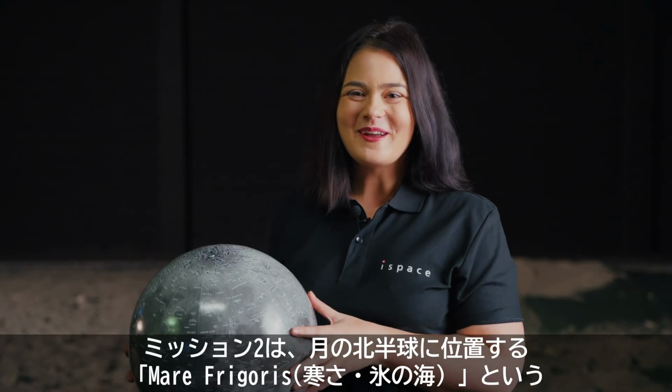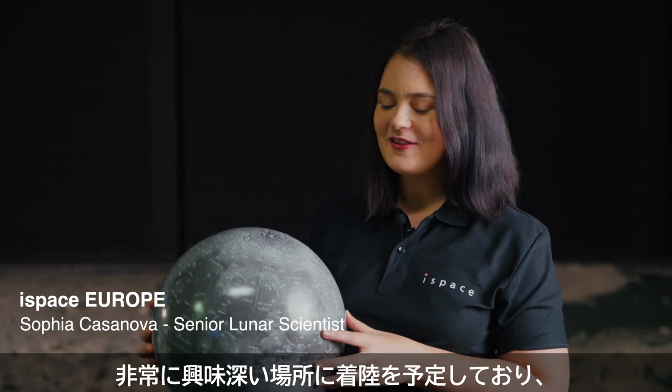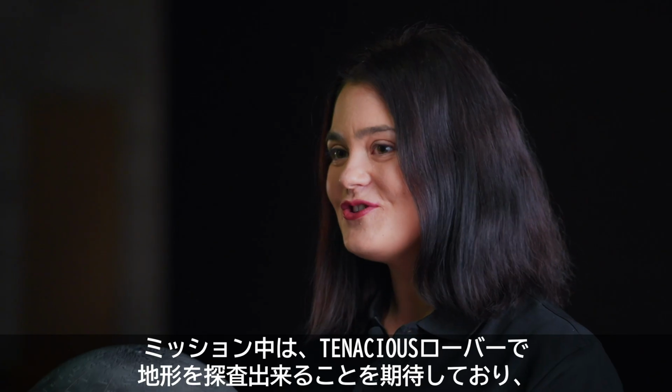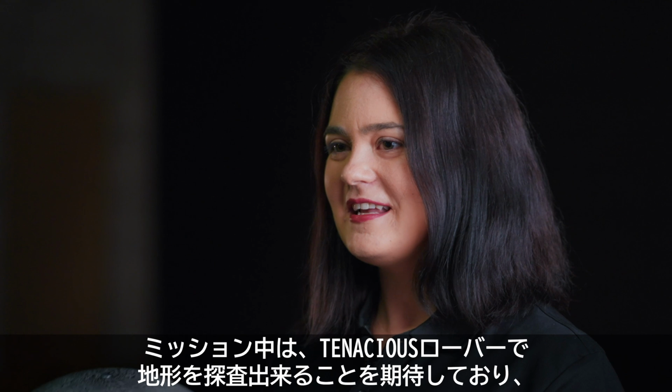So M2 will be going to a really exciting location on the moon known as the Mare Frigoris, which is located in the northern hemisphere on the near side of the moon, which is the side of the moon that is always facing us. During our mission, we are hoping to encounter a range of really interesting geologic features, and